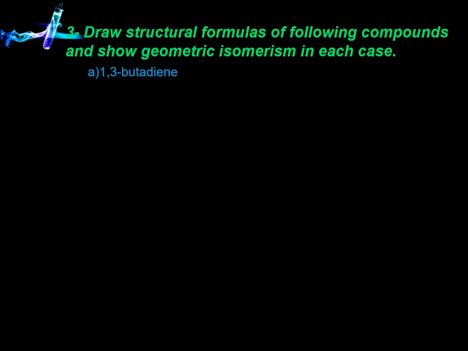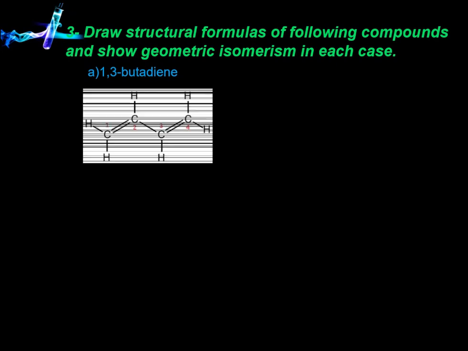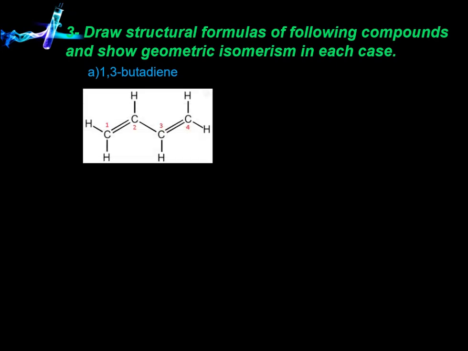First one was 1,3-butadiene. This is the structure of 1,3-butadiene. This is a butene which is holding 2 double bonds at position number 1 and 3. This is quite a detailed structure, so I think there is nothing that can be explained. The next part is